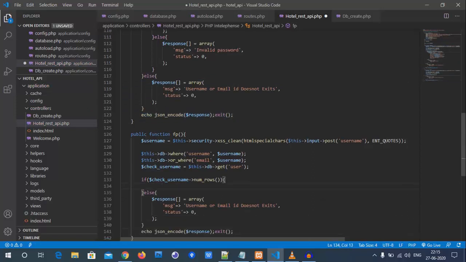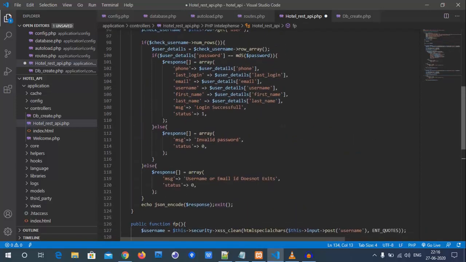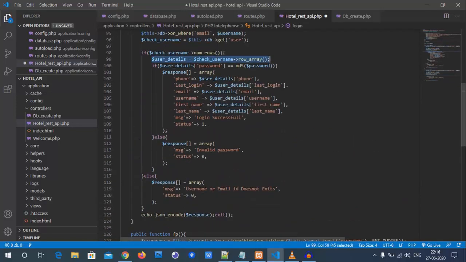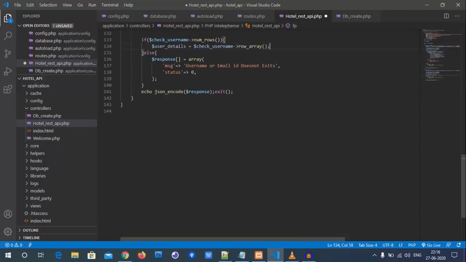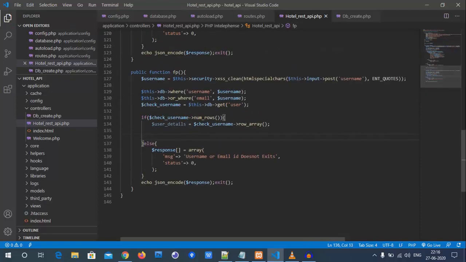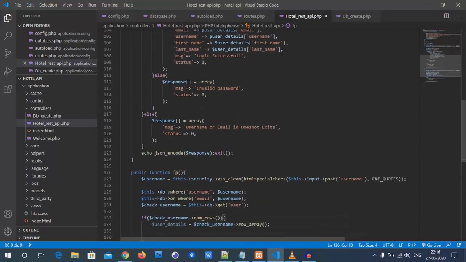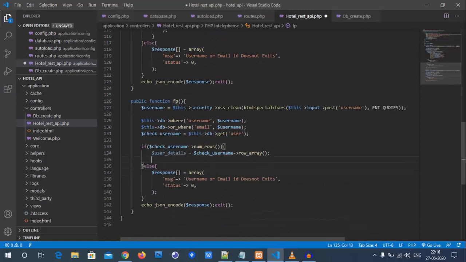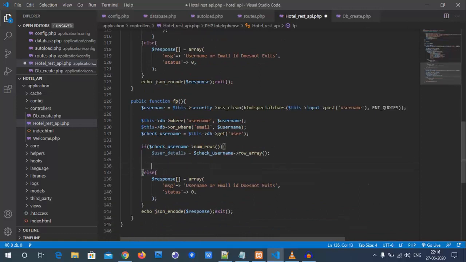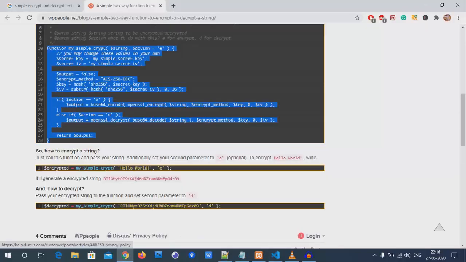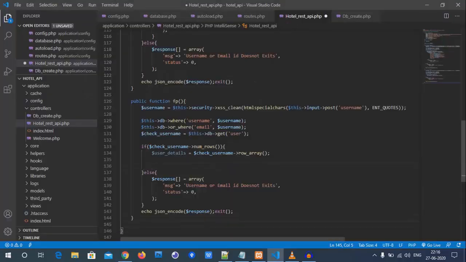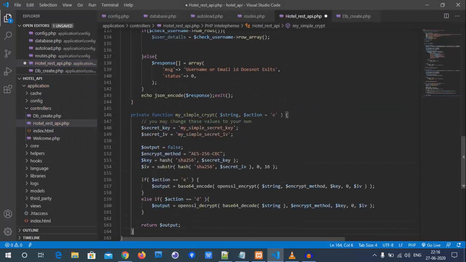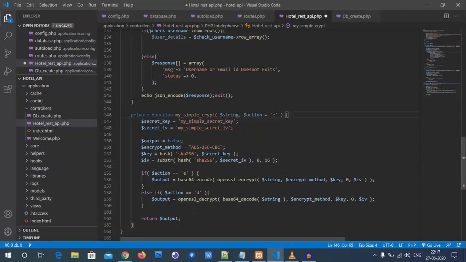It's fp, any method name you can use, and here as usual we will get the username. We will get mostly a username or email id, right? So here we go with the username or email id. Then we will check whether this is there in our database or not. So this is the checking part. Num underscore rows, if it is there then it's okay. Otherwise we will have this kind of response where we tell the user that the user id or email id does not exist, and then we echo the output, right?